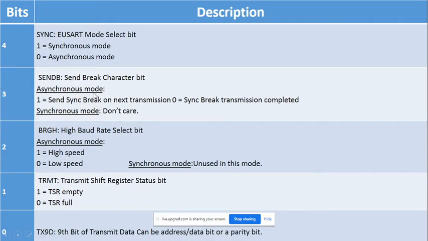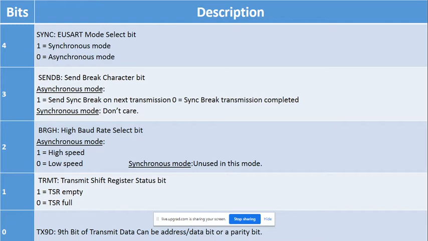Then bit number 4, that is the EUART mode selection bit. EUART is nothing but the enhanced UART module. Here it shows which mode you are interested in. One means synchronous mode, and 0 means asynchronous mode. Synchronous mode means that as per the clock signal, one device is sending the data and the other device is receiving it.